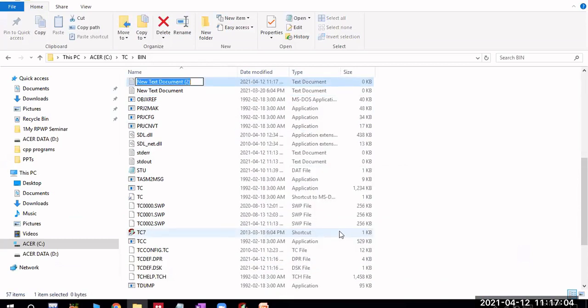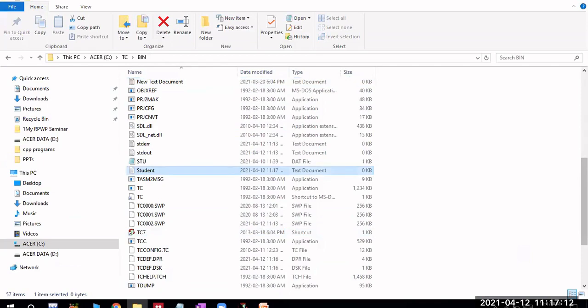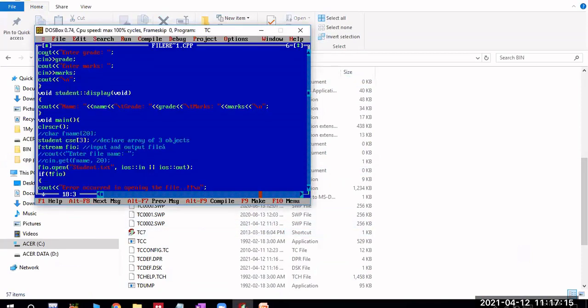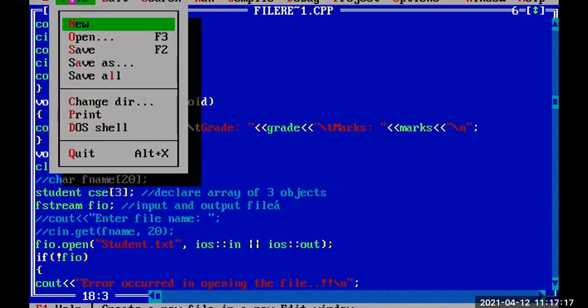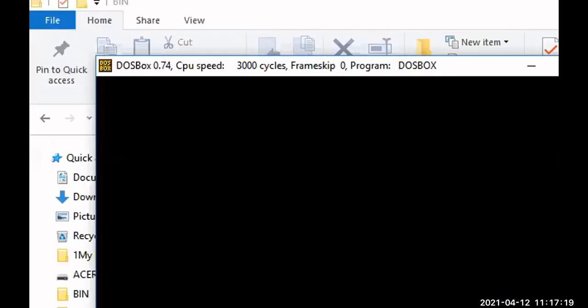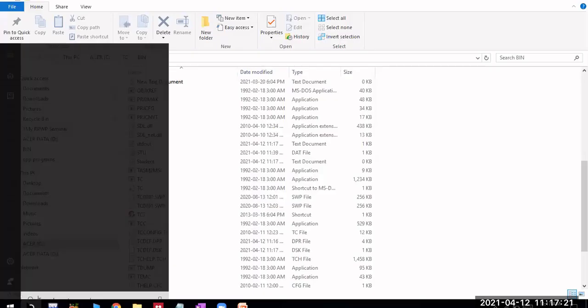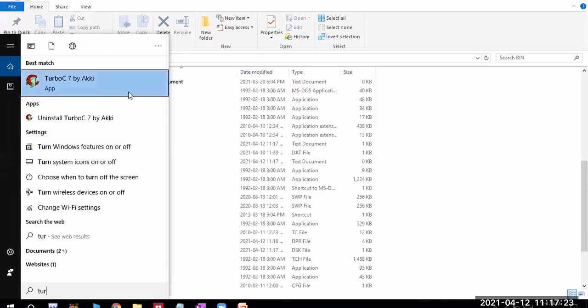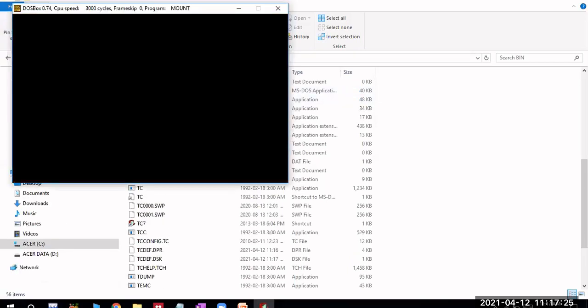So what is that one? Student.txt. I have to use this capital letter S for Student. So once this file is created, now I will try to save this program. Once this is done, I have to quit and open this Turbo C again.